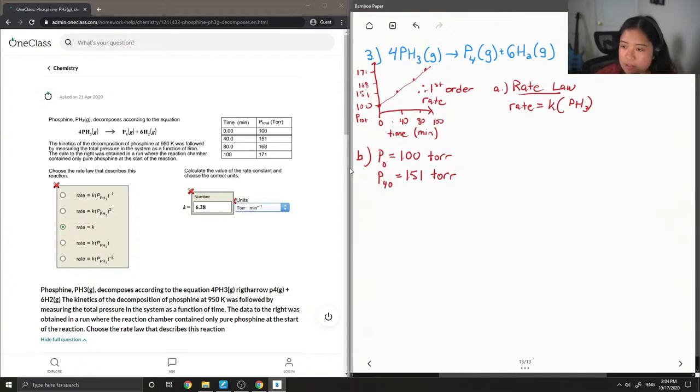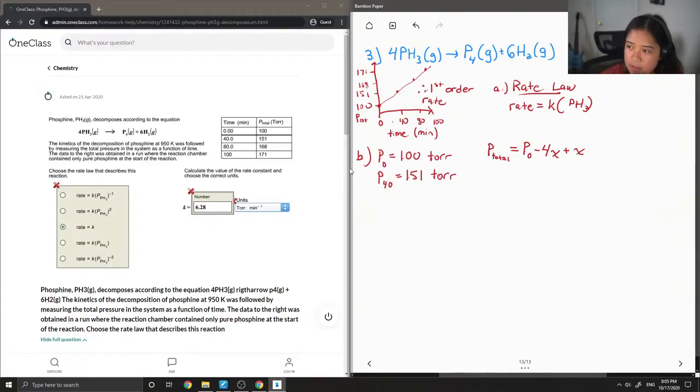And then I'm also going to write down the expression I would get if I wanted to calculate P total. So for P total, this is the pressure of your initial minus 4x. So for x, I'm just going to denote as pressure. And the 4 comes from the reactants. So it's going to be 4x